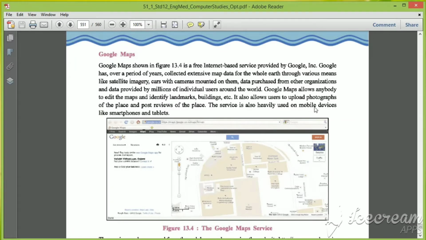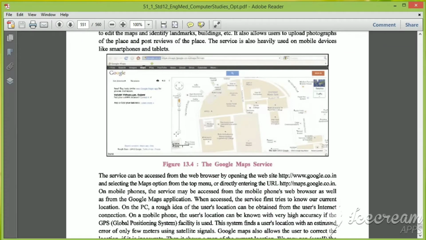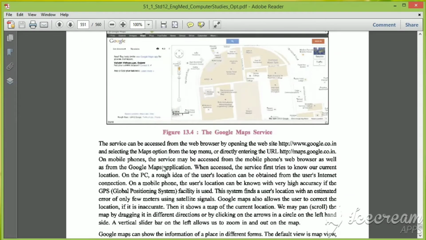It is also used to upload photographs of the place and post reviews of the place. The service is also heavily used on mobile devices like smartphones and tablets. See, this is the Google Maps service. The service can be accessed from the web browser by opening the website